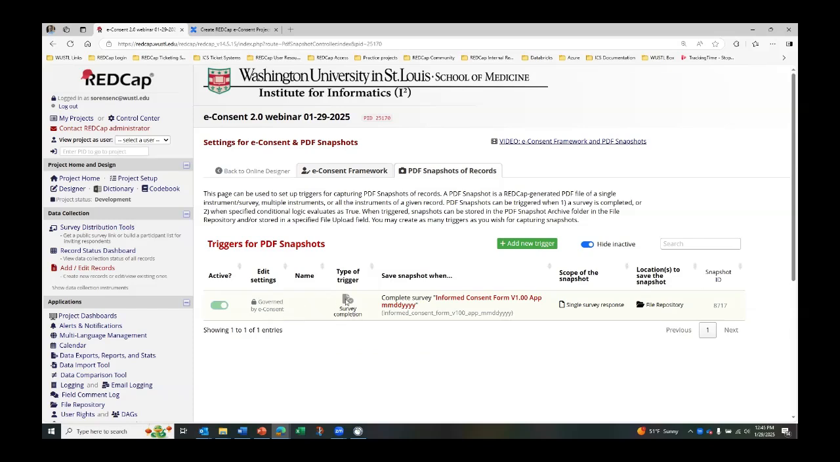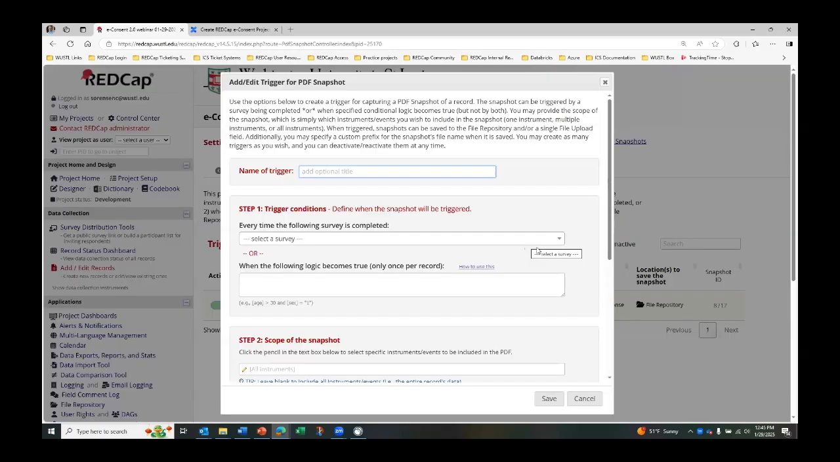Okay. So we have one here and it says governed by e-consent. We can't do anything there, but we can add a new trigger. Right. And all these steps are mapped out on the web pages of what exactly you want to put in here. So we're going to name this fully executed